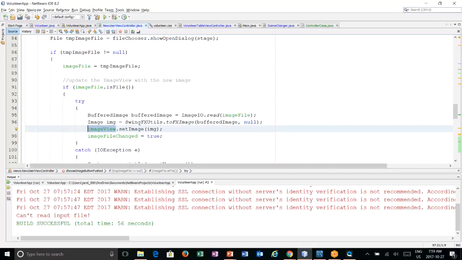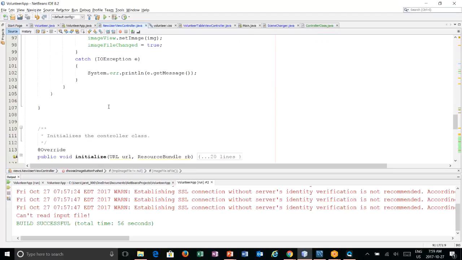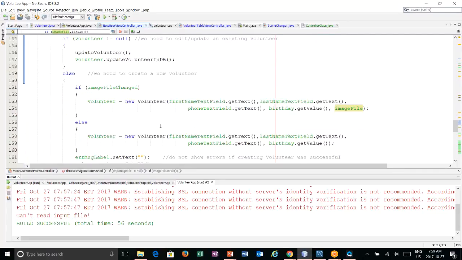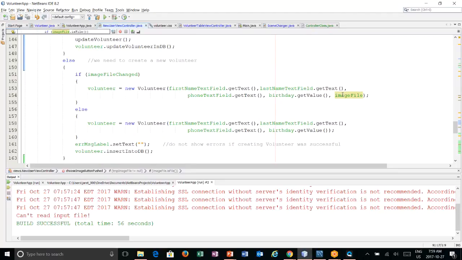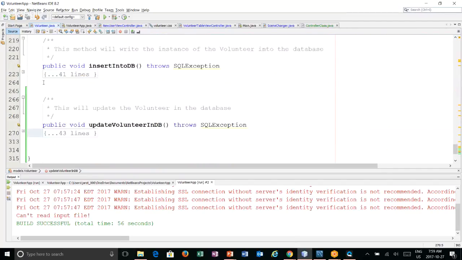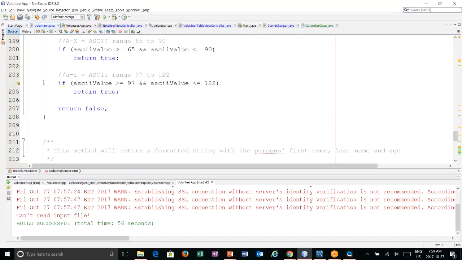So our image file has the correct file in it. What do we do differently with save? We just passed in the image file. And then I think we had it set up so that the volunteer, when we hit save or insert into DB,